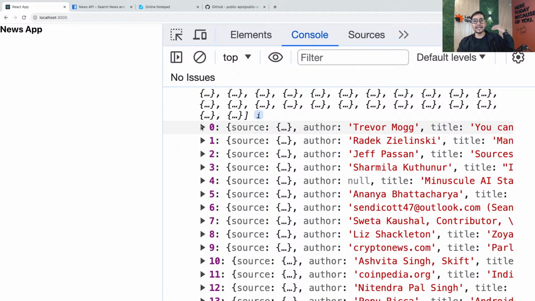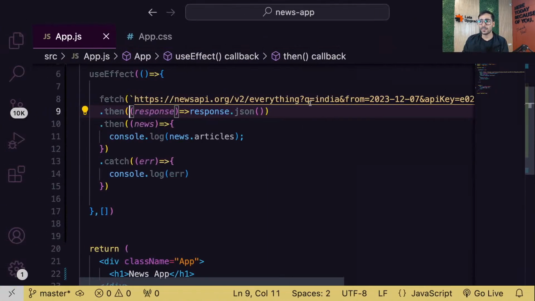I simply want any news which is related to India, no matter if it was published in India or America or Australia or Britain, I don't care. Got the idea? Durga Priya. But again, yeah, you can also mention country, but I don't want to go in country stuff right now. That's why I'm simply using only Q. Okay, but you can also mention country here. So you can also mention Q equals India, country equals India. That means anything related to India also published in country India. But in this case, I'm only saying anything related to India.